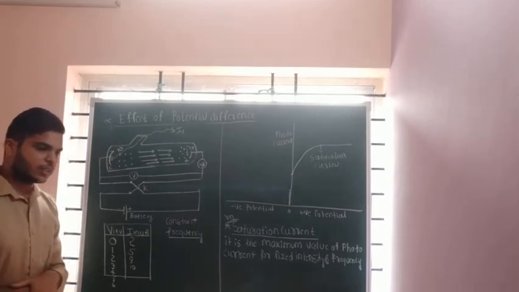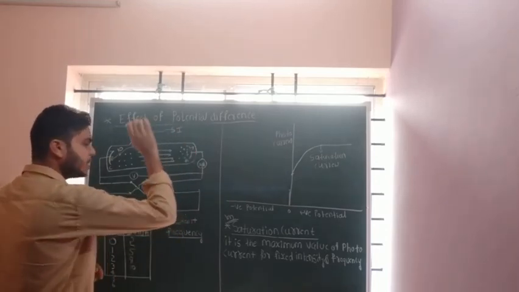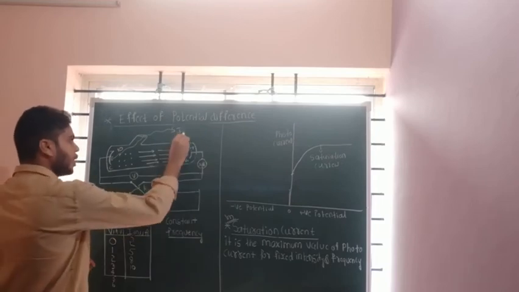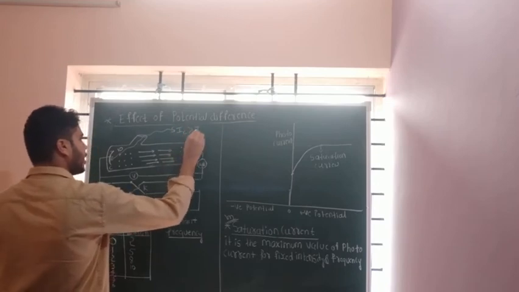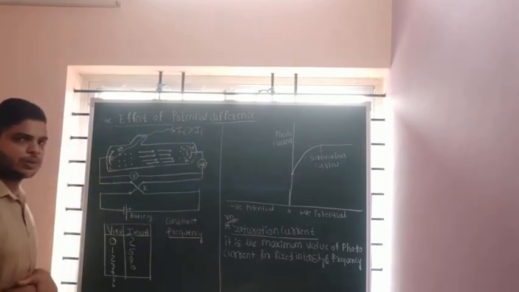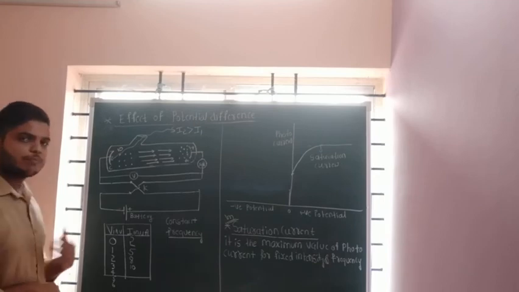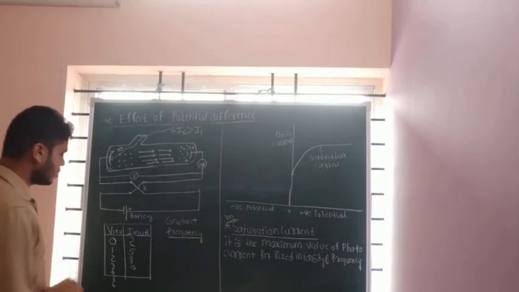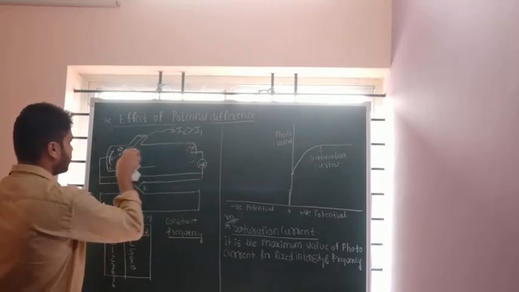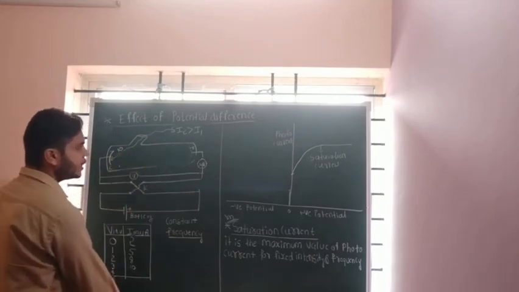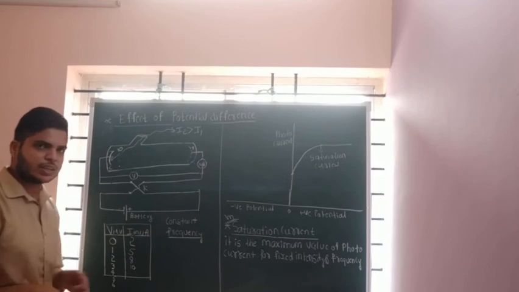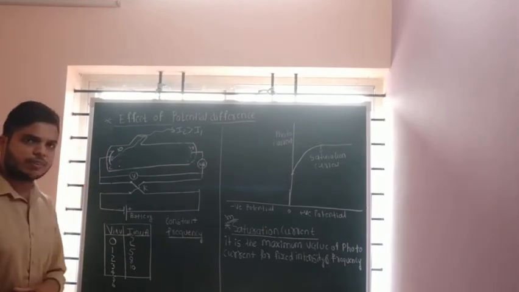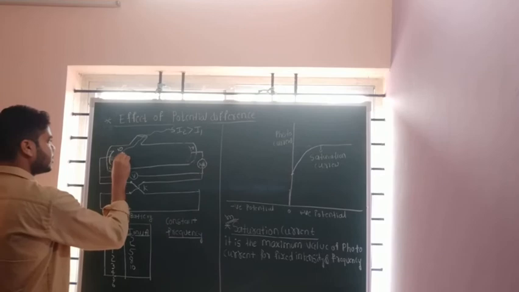In the second observation, what am I doing? I am changing the intensity to I2. I increase the intensity to I2, where I2 is greater than I1. I2 intensity is more compared to I1, which means the brightness of the light is increasing. Now, with intensity I2, this radiation again falls on the emitter plate. Again the photoelectric effect is observed. The electrons are again coming out of the metal surface.